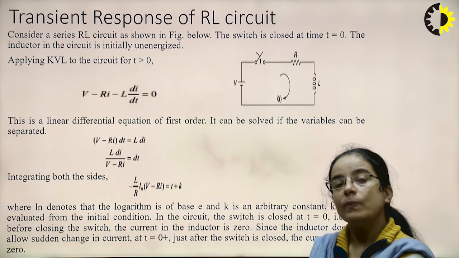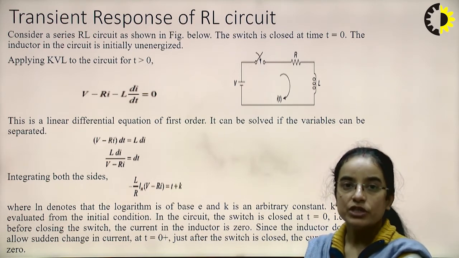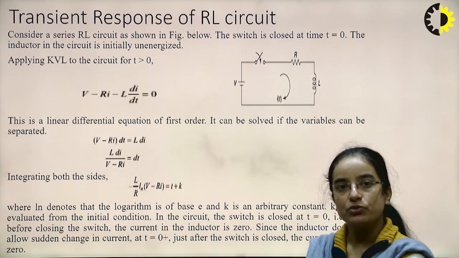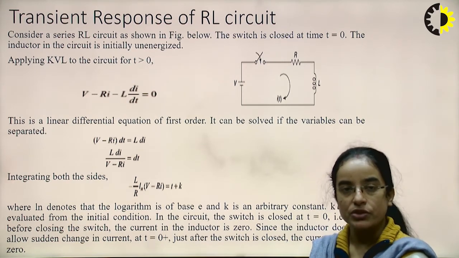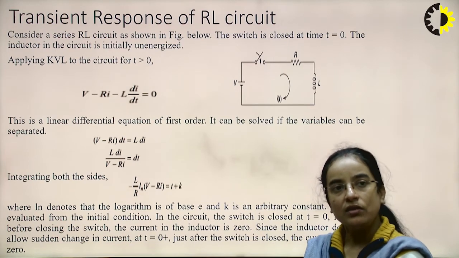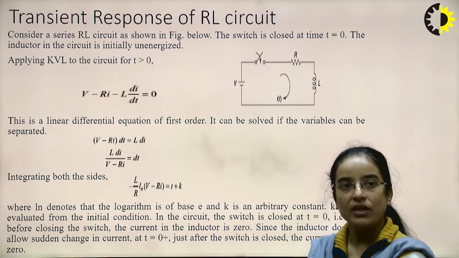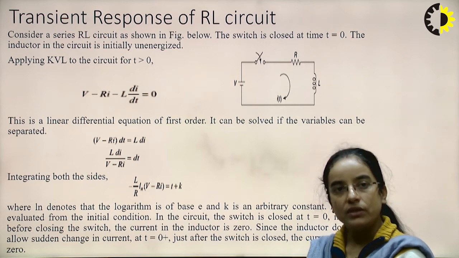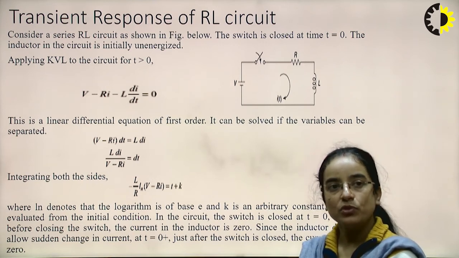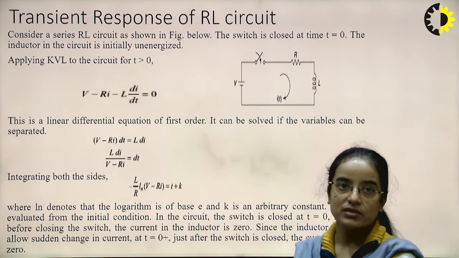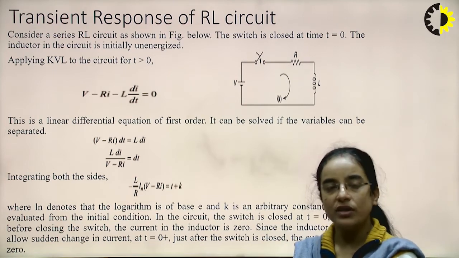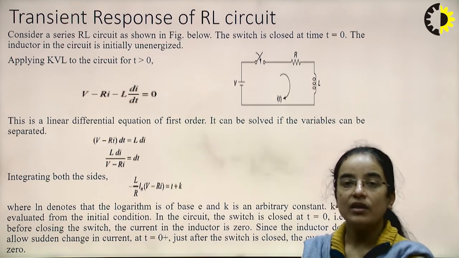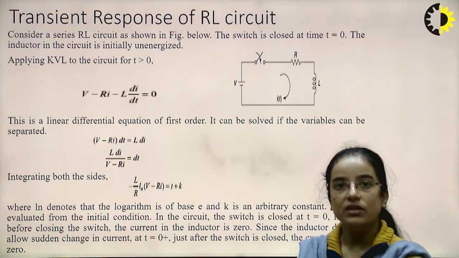As we know, there will be a switching condition, and that causes the transient. The position of the switch is changed and the time elapsed in between is the transient, and then we receive the steady value. That is the steady state response, and the transient response plus the steady state response is the complete response of the network. So today we will see the transient response of the RL network. Here an RL series circuit has been considered.